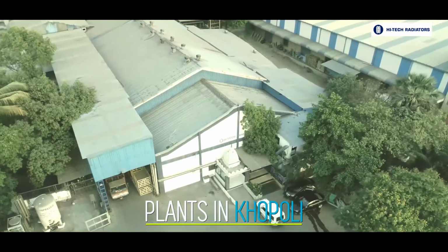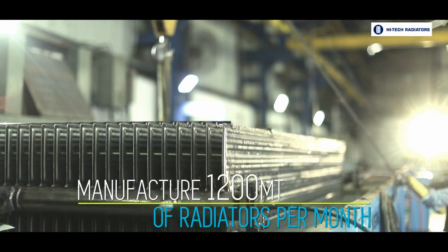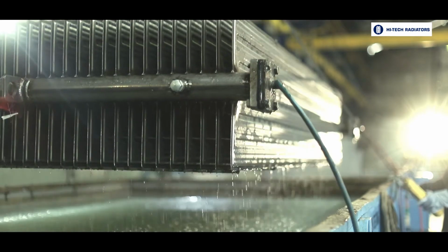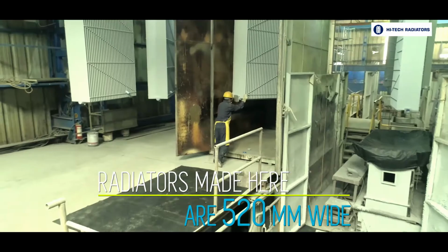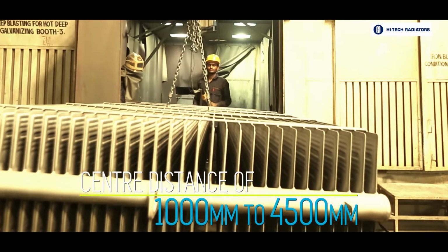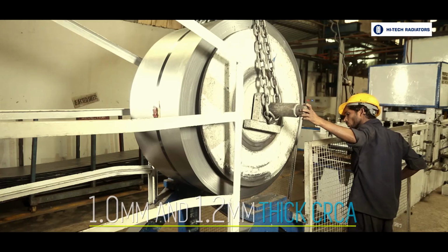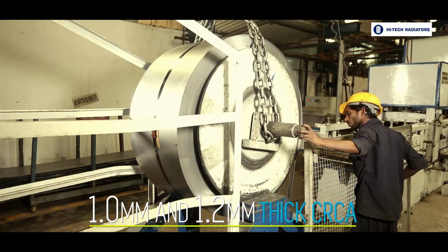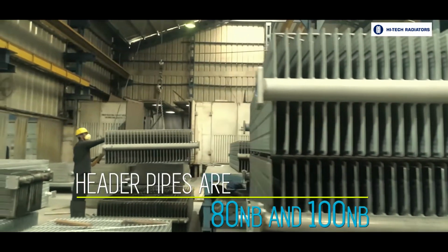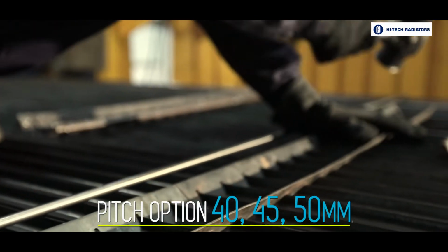The radiator plant in Khopoli can manufacture 1,200 metric tons of radiators per month, which is one of the world's largest manufacturing capacities. The radiators made here are 520 mm wide with a center distance of 1000 mm to 4500 mm, and 1 mm and 1.2 mm thick CRCA. The header pipes are 80 NB and 100 NB with pitch options of 40,